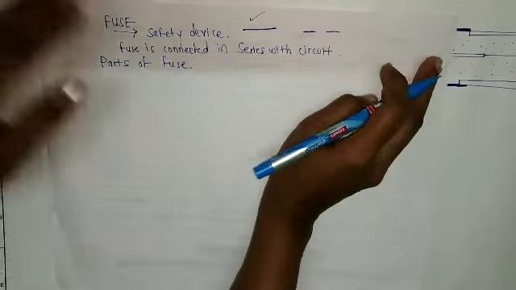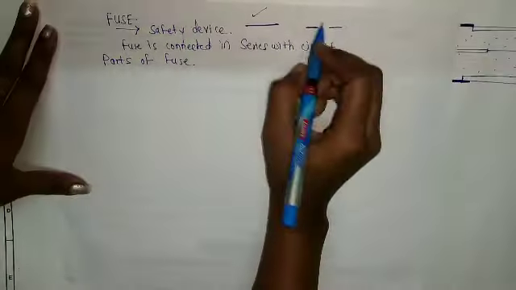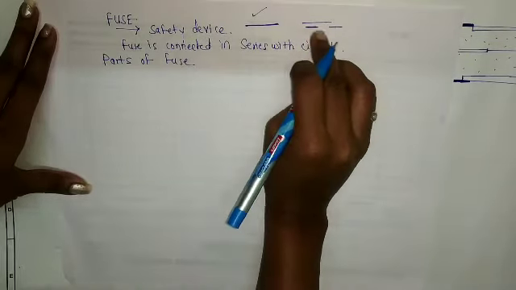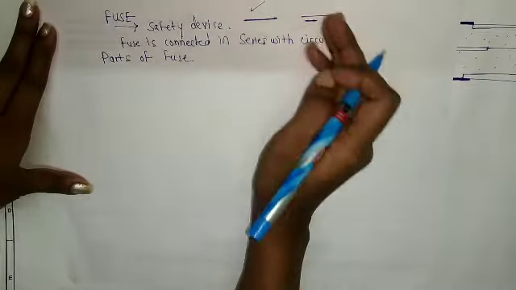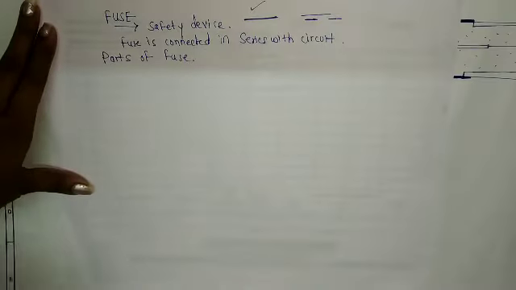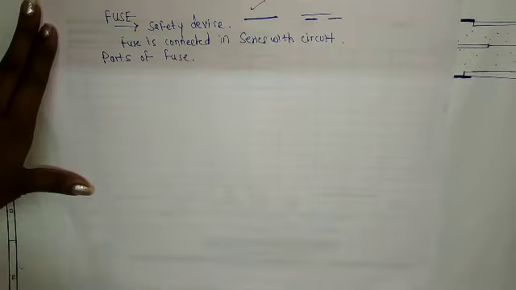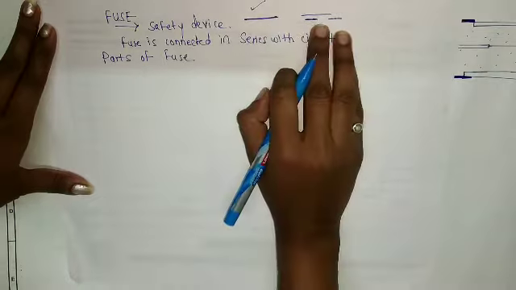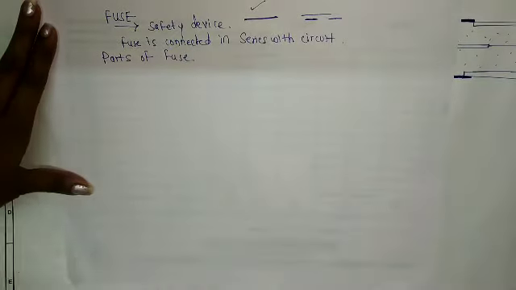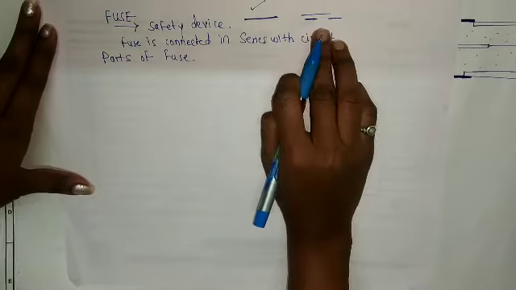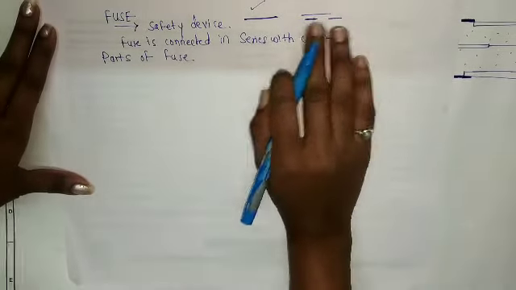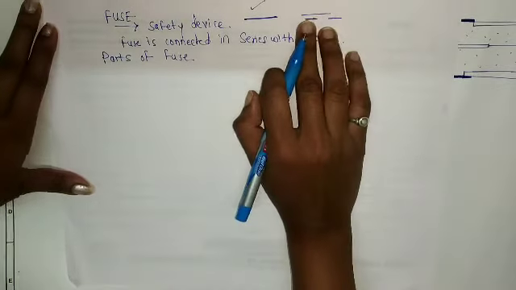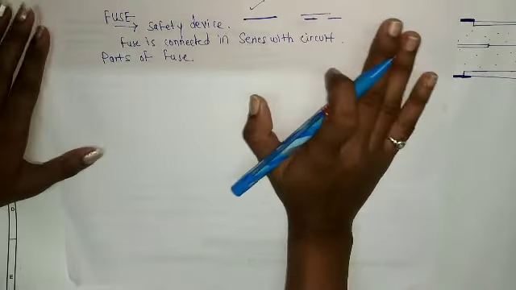Due to this breaking, our current will not go further. The current will be stopped here only. Now it cannot travel. It is a broken circuit. So this provides protection. When it is in normal condition, it carries the current very safely. And whenever in abnormal condition the current increases, it gets heated, melts and breaks. Then the current will not flow further. Okay, are you clear with the definition?